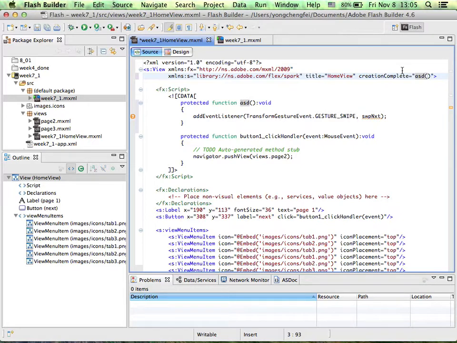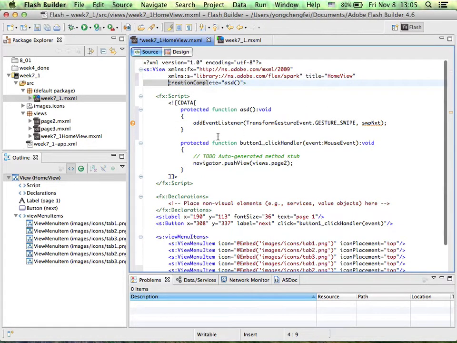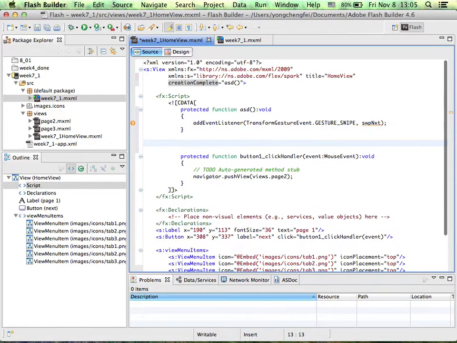I call out the transform gesture event, swipe next. So I have to set this swipe next function.